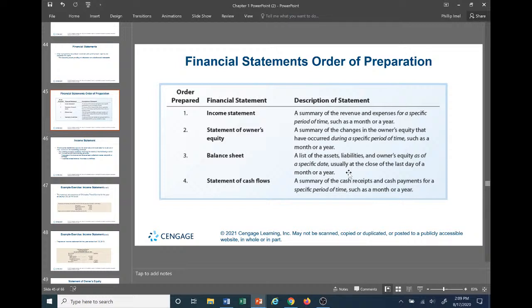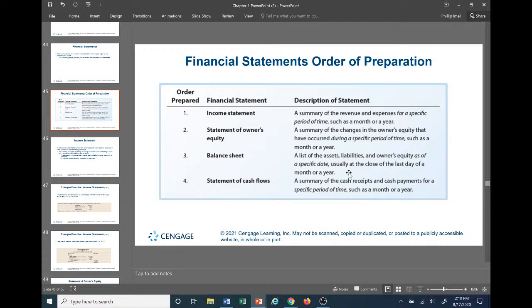So it's imperative that we know income statement, statement of owner's equity, as of a period of time, right? We're looking at the performance and how the changes in that performance affected the equity of a company. The balance sheet is just like a snapshot. It's like taking a picture. It's frozen at a point in time. So if you take a picture of someone, the only thing you're going to get is that moment in time. That's it. The minute before or the minute after that picture is taken is totally irrelevant because it doesn't capture anything besides that point in time, okay?